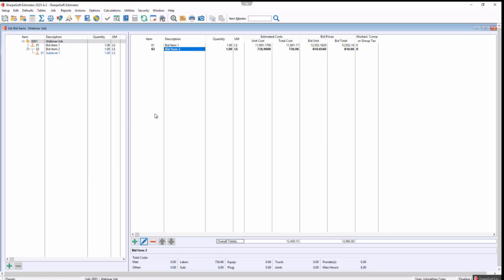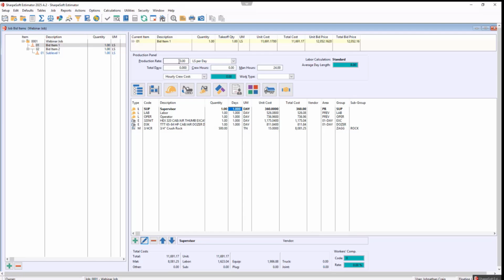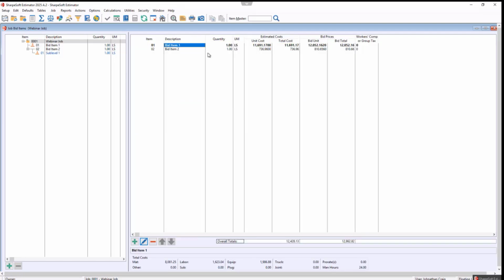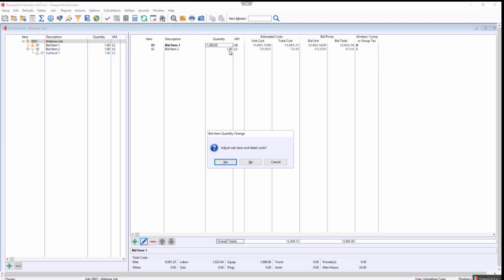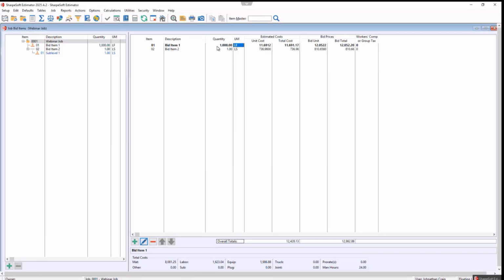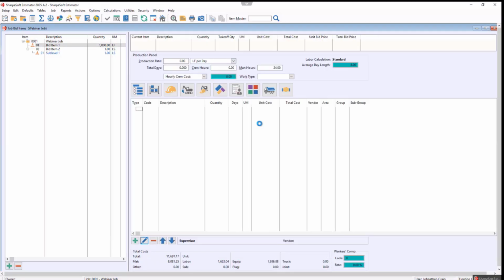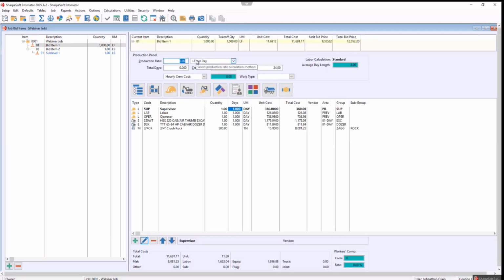Yeah, I mean, currently there's no necessarily way to mass push the production rate itself. That's going to be assigned to the bid item. Yeah, inside this bid item. So let's say theoretically this was 1,000 lineal foot or something, right? So I'm not going to adjust anything. I'm going to say it's 1,000 lineal foot, and it's going to say there's no conversion factor between lump sum and lineal foot, of course. The way that that's going to work is you would have to come in independently and say, okay, if this had no production rate at all, which could theoretically be the case, maybe we can get